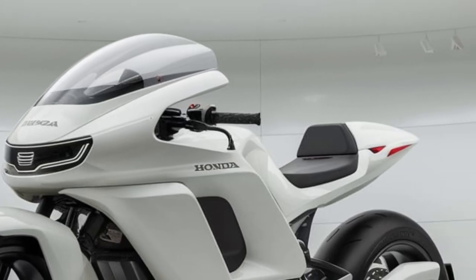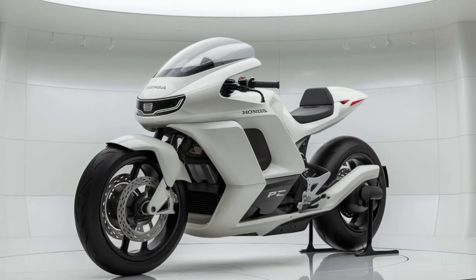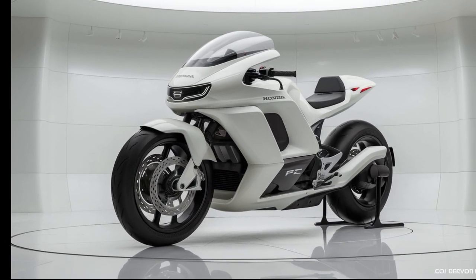All in all, the 2025 Honda PCX is a fantastic scooter that ticks all the boxes for both new and seasoned riders. With its stylish design,